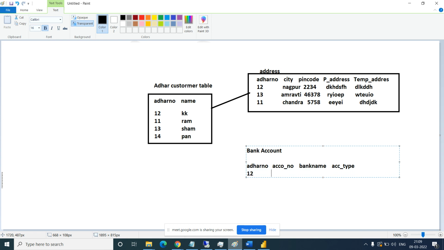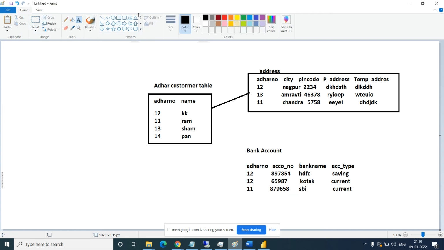He has one account number, HDFC Bank, and it's a saving account. Then the same person has one more account in Kotak, and the account type is current. One more account, SBI, this is current. So these are the details I have created separately in another table.